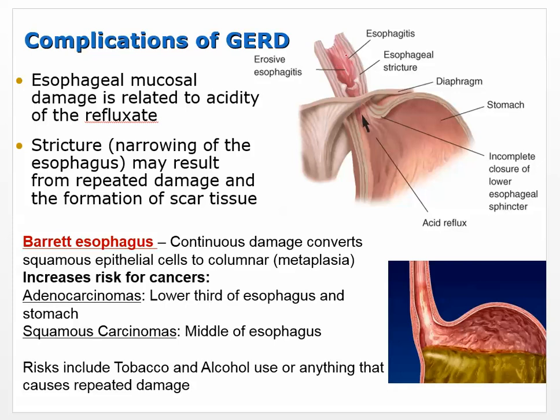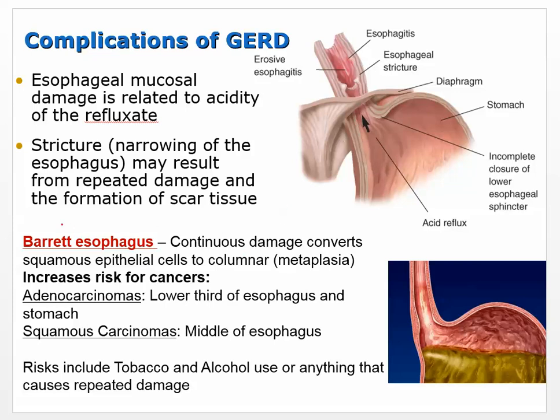It's really scar tissue, something that's not very elastic, that can develop with repeated damage, and it won't allow the esophagus to stretch in that area. So it creates something we would call a stricture. That would result in a narrowing of the esophagus, which may result from repeated damage and the formation of scar